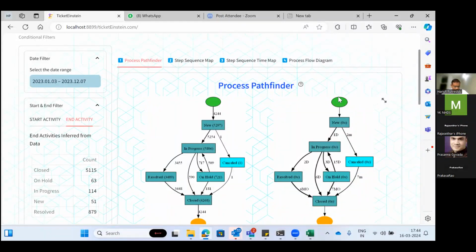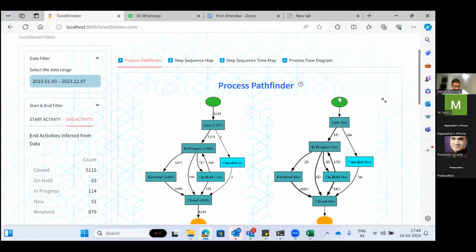Once you have the numbers and statistics behind it, the acceptance will be high. That's what I see as the success of your tool, and I really appreciate both of you for working hard and getting this valuable tool for the company. It's a great initiative. Thanks, Raj, for the feedback.